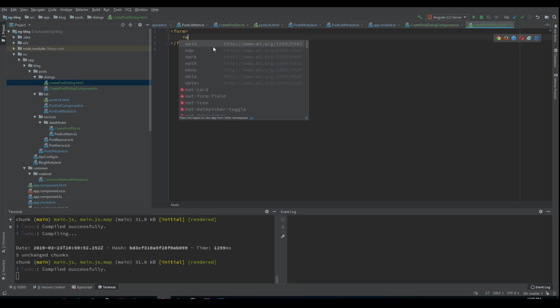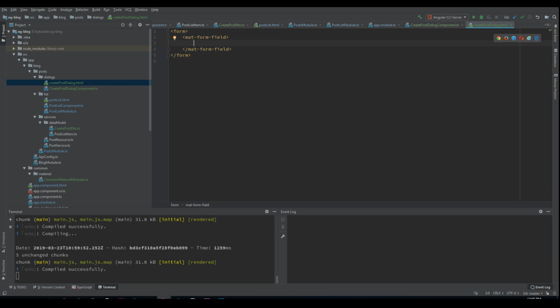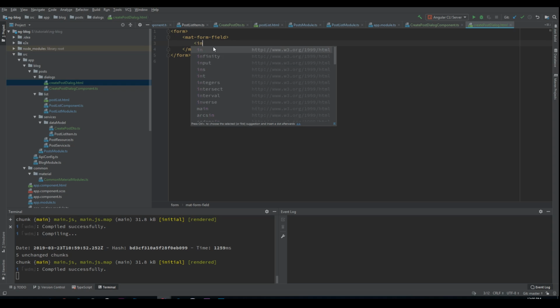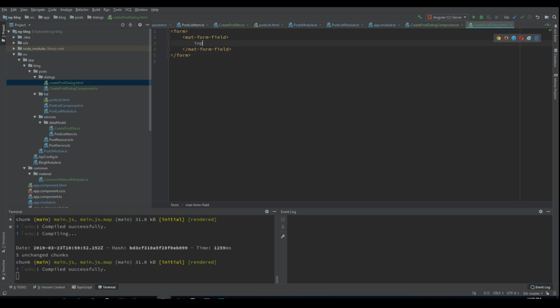So you need a mat form field, and each mat form field should contain an input, a mat input, like that. And remember, while the mat form field and the mat input are part of Angular Material,